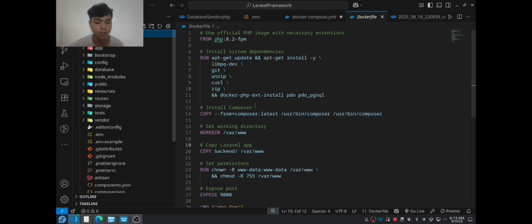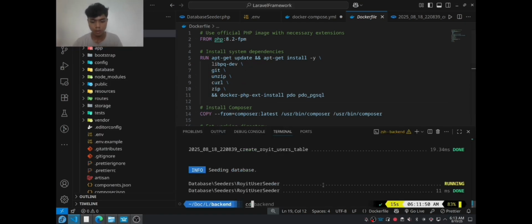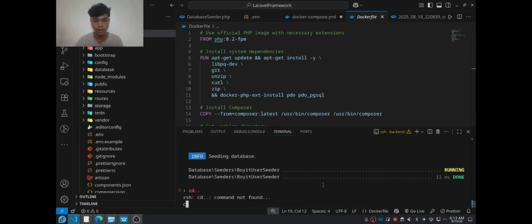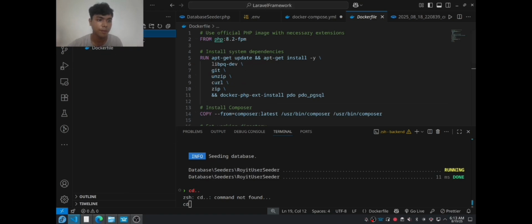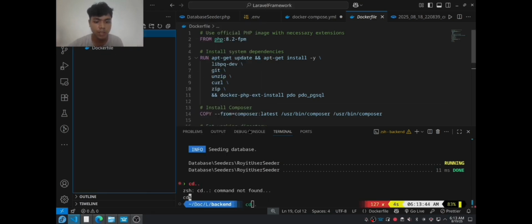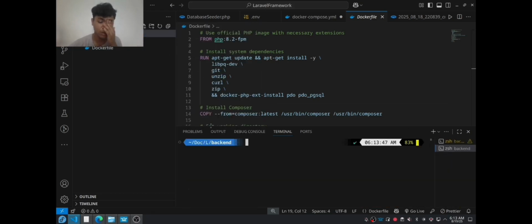That's all. First, we'll just run this to create the Docker Compose, meaning to run this after build.